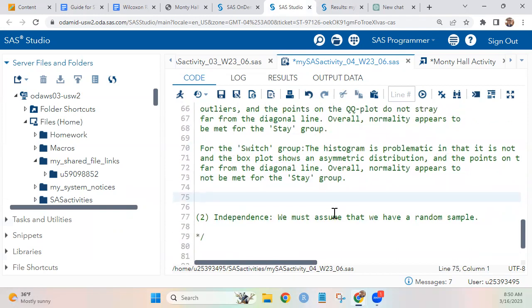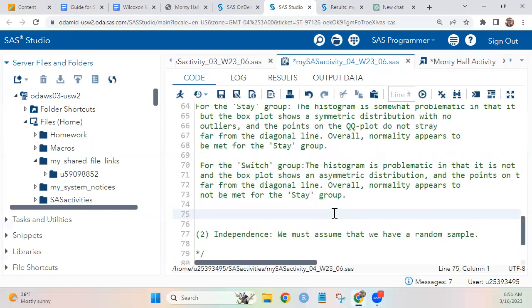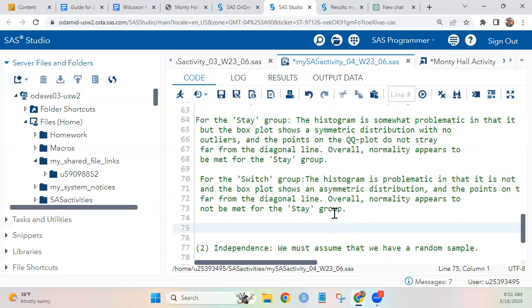That means overall, technically, if either group has violated, then the overall assumption is not met. So since the normality assumption is not met for both groups,